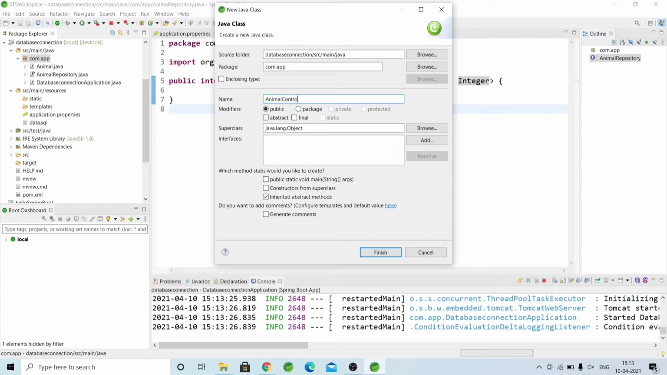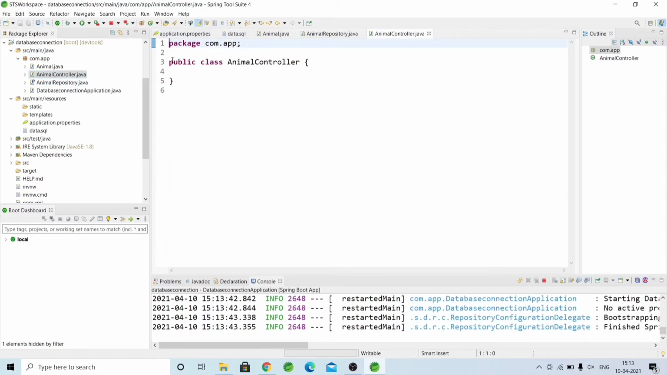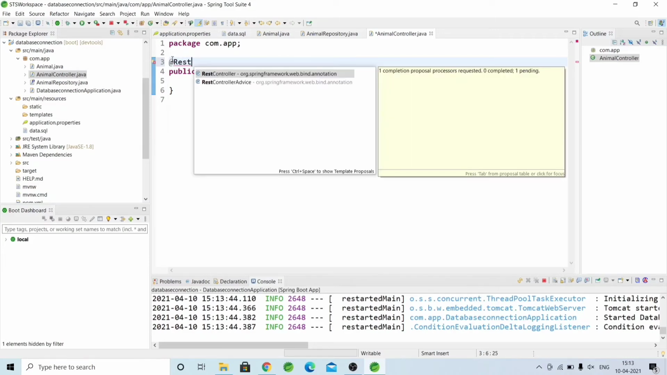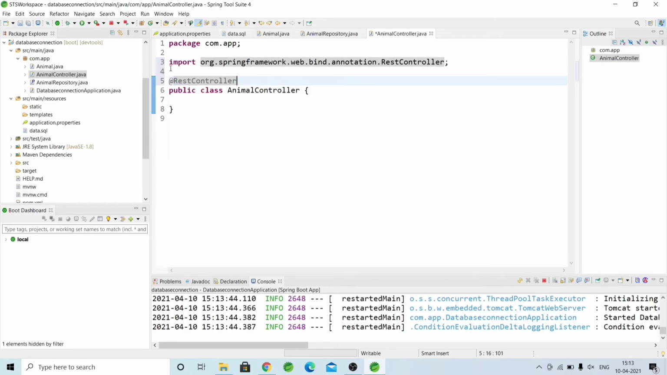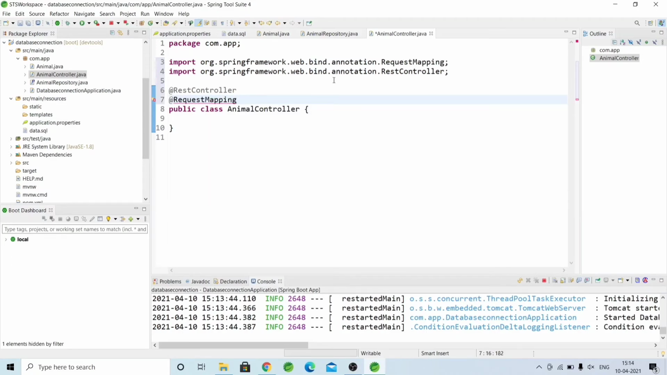Now the last thing is you have to create a class AnimalController, which will give you the URL through which we can reach the database. Now here it's a Spring Boot REST application, so we will take a REST controller over here, right? So we have imported the REST controller. The annotation RestController is enough, but we will also give here a RequestMapping annotation, and in request mapping we will add